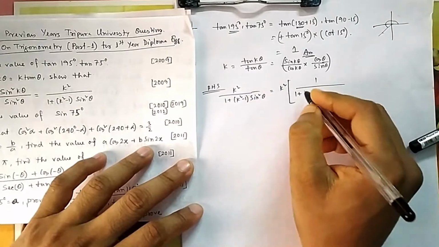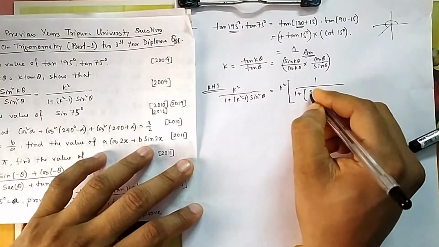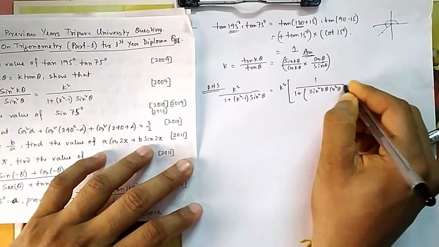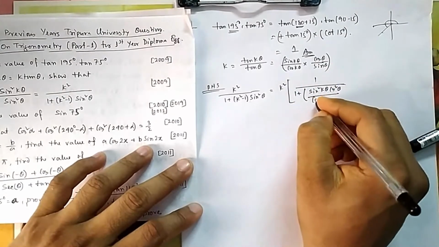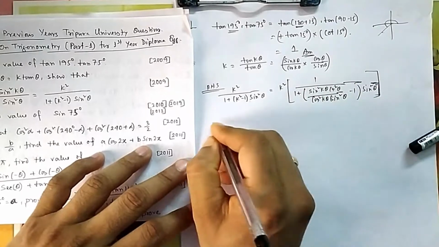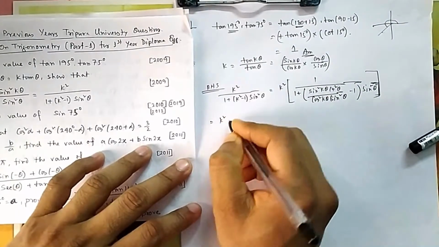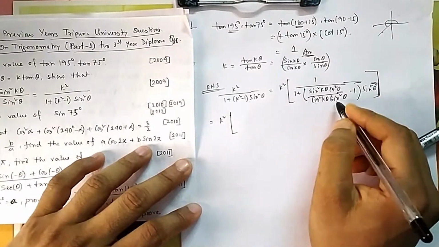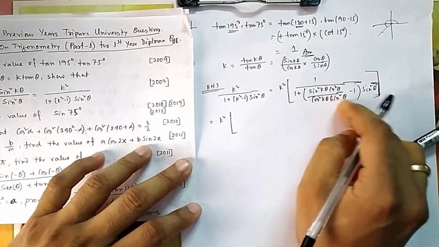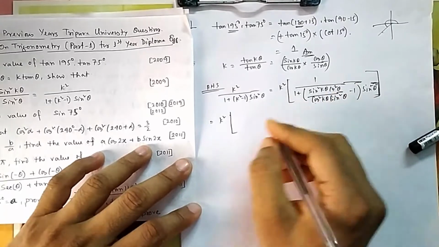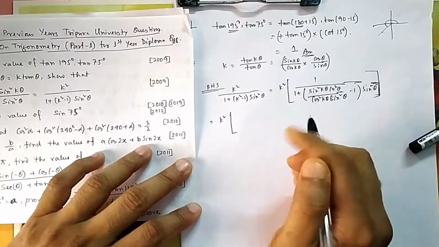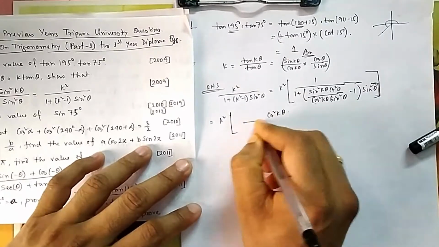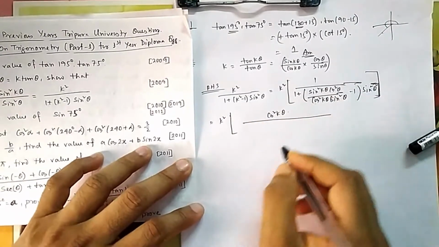So if I put it like this, it will be sin square k theta, then cos square theta, square of this one, cos square k theta. If you do it here now, k square into, if you take LCM, sin square gets cancelled. So in the LCM, what will be left here? Only cos square k theta, and that you have again to take with 1 LCM. Then cos square k theta will come up. You can do it. I am directly writing it. So cos square k theta will come up.